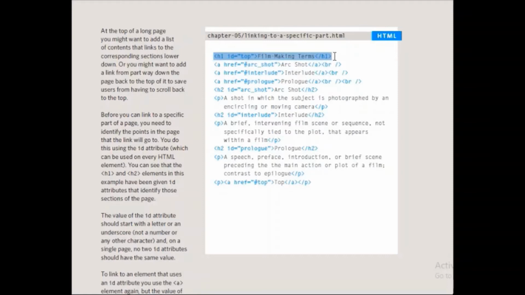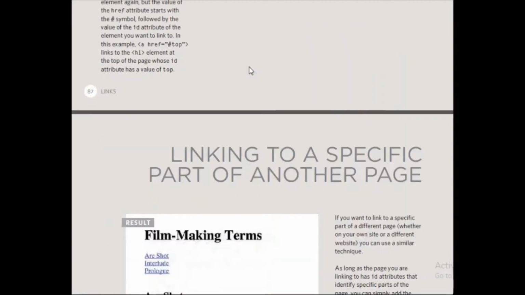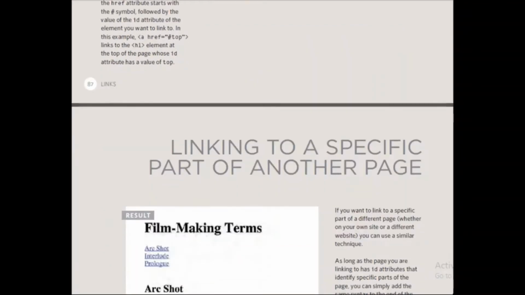So there are 2 things that you have to do. You have to divide your page into multiple parts by giving ID inside the h1 tag. And when you want to move to a particular part of the page, you would have to give this a tag. And inside the a tag, inside href, the name of the portion that you have made, for example, the ID is equal to top, but you have to put a hash before that. So this will take you to the multiple parts of the web page.